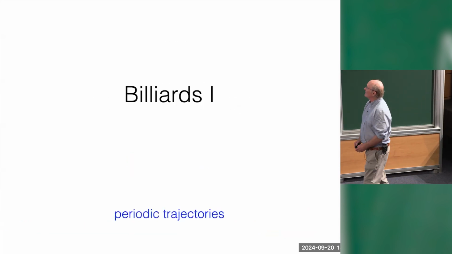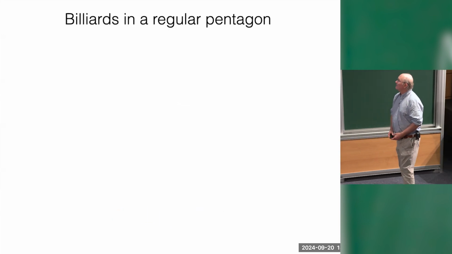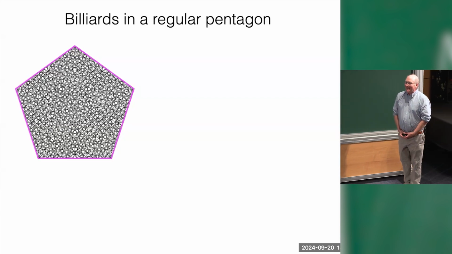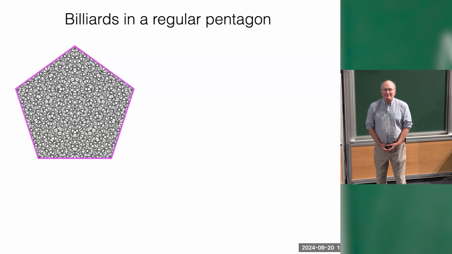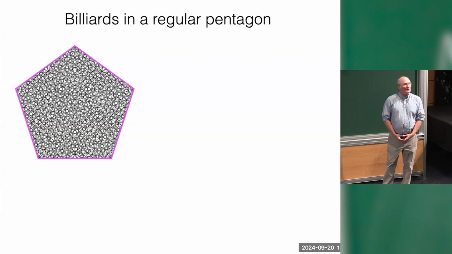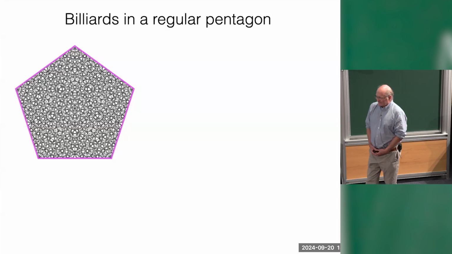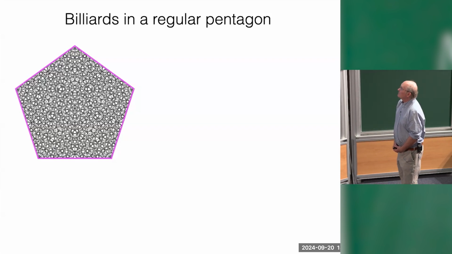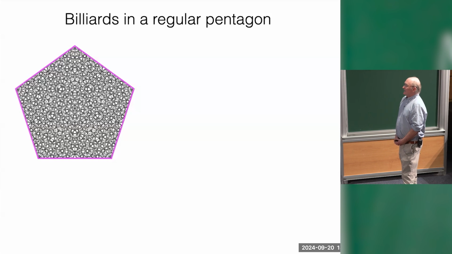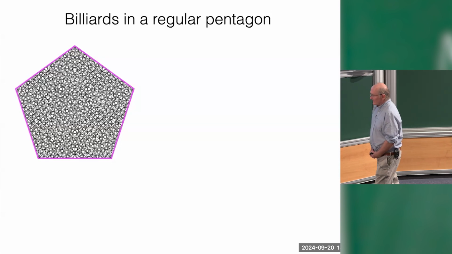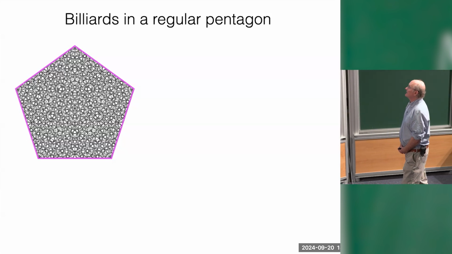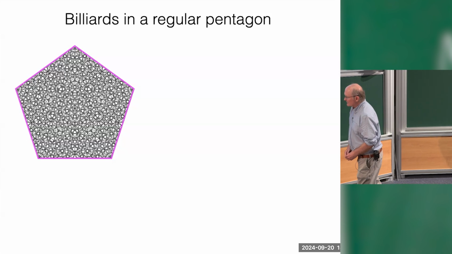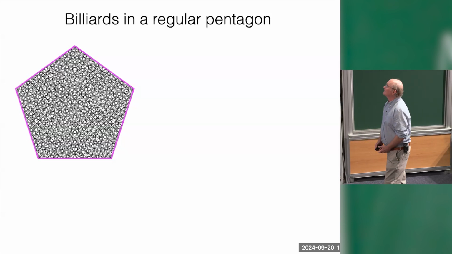Okay, so billiards. Like most people in this conference, I want to talk about mathematical physics. For me, the physical system will be a billiard ball moving around in a polygonal table. The case of a square is, of course, very well understood, but the case of a billiard ball moving in a regular pentagon is already quite sophisticated, and there are even unsolved problems in this area. For the purposes of this talk, I'll just deal with billiards in regular polygons.